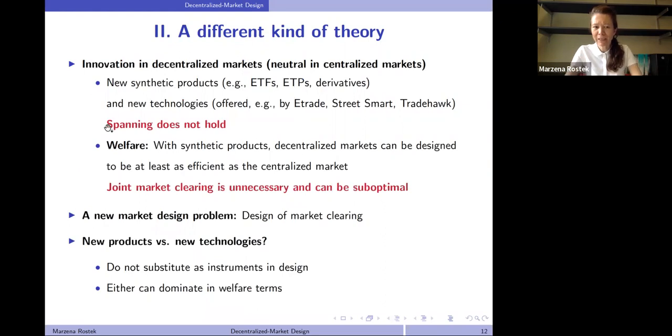Well, in a recent project, joint with Ji-hyun, who was at UCL, we show that decentralized trading, the fact that assets clear independently, gives rise to new financial products and new technologies, which would either be neutral or have no counterparts if trading were centralized. Okay. So what are these new products? Think of synthetic products, ETFs, ETPs, or derivatives, which will be redundant with contingent demands